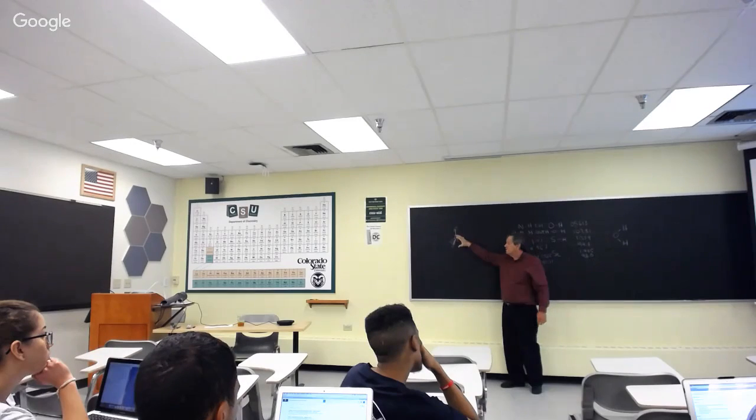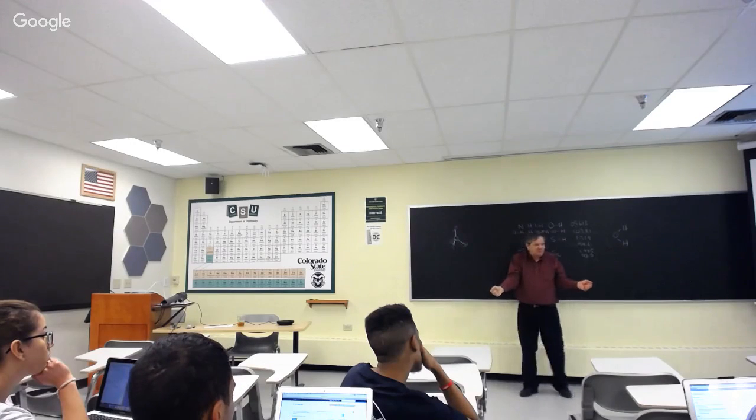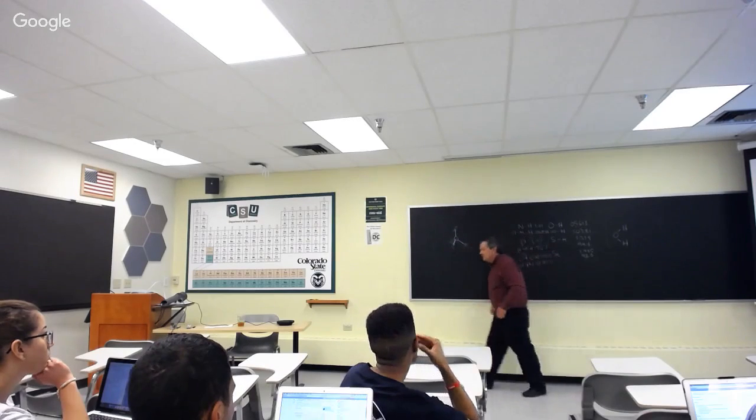The idealized geometry is to use two p orbitals, because oxygen has two p orbitals, right? And so you stretch it. And so what we're going to do,